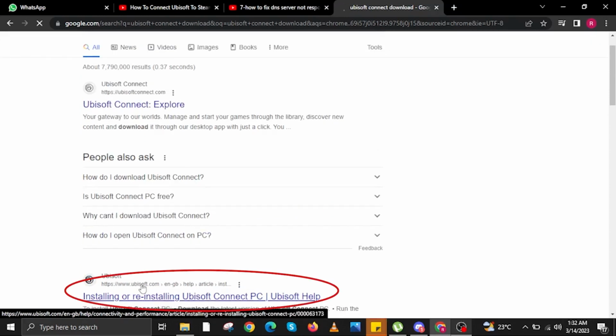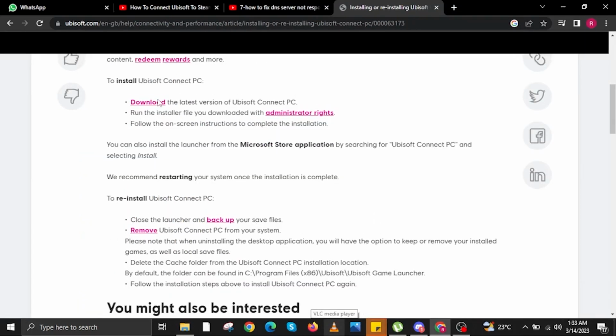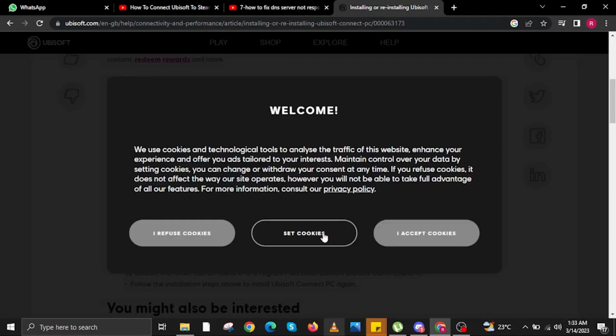Installing or reinstalling Ubisoft Connect PC. Now wait for the website to finish loading. In here, I will read a step-by-step process from Ubisoft themselves. To install Ubisoft Connect PC,